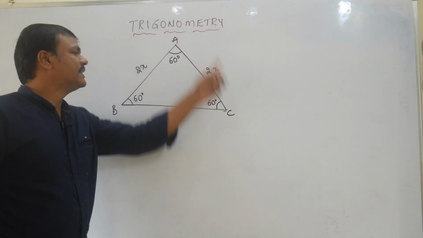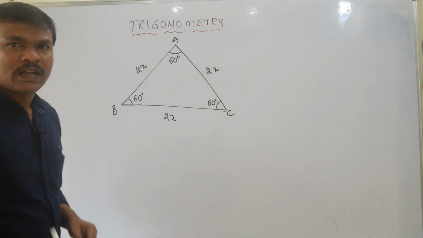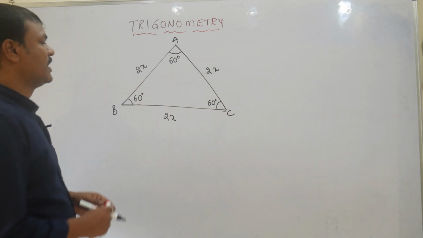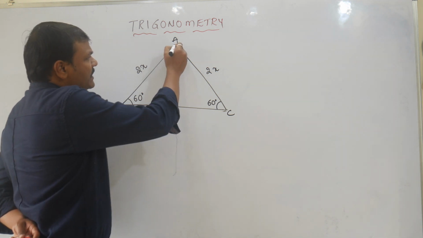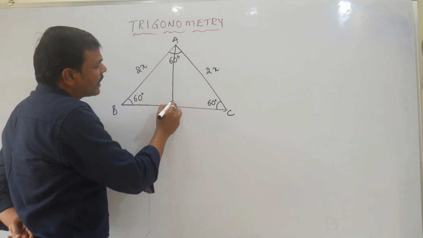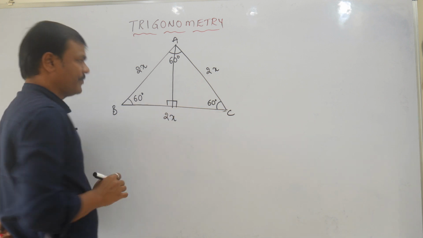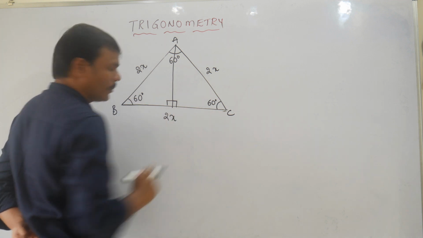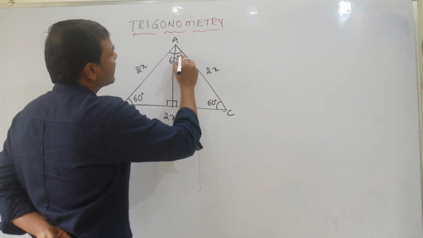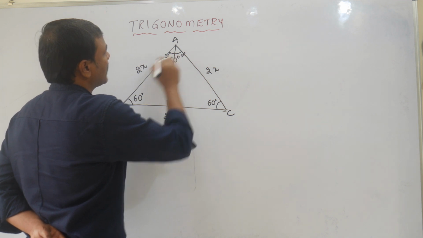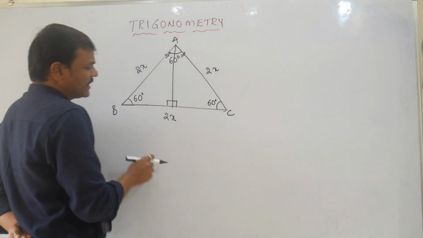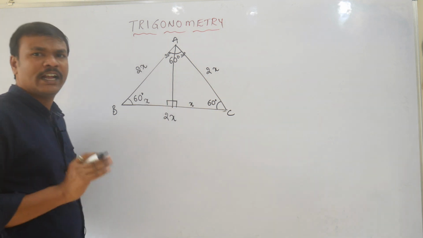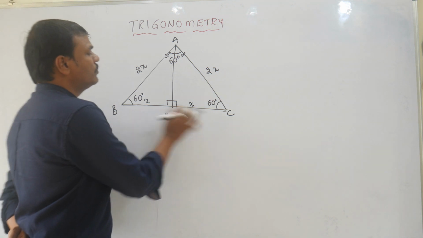Right, see, this is ABC, an equilateral triangle. I am going to take each side as 2x. Why am I going to take 2x? Because when BC is the base, if you draw a perpendicular line from the vertex A to BC, it bisects the vertex angle and it also bisects the base. So when it bisects, the angle becomes 30 here and 30 here, and the side is bisected. That means 2x will divide as x and x. For that case, I am going to take 2x for equal distribution of two parts.